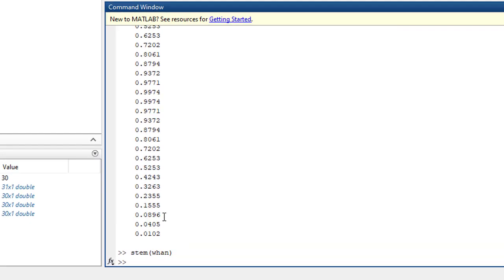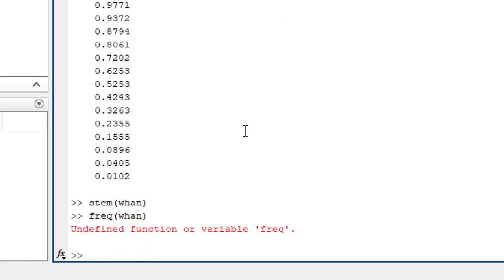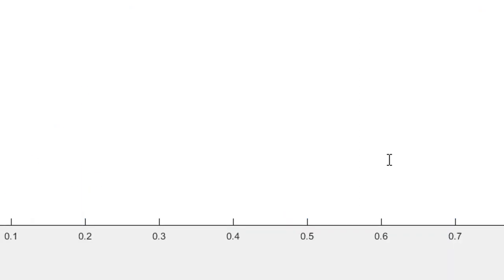And about its frequency response, freqz of whan.